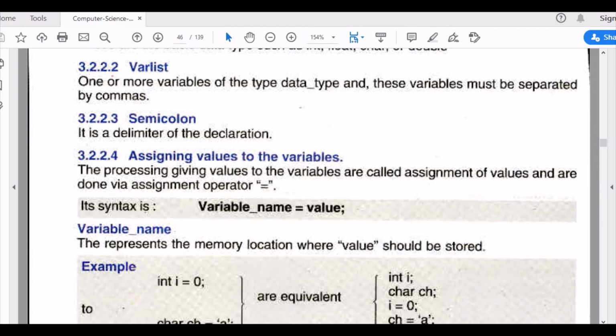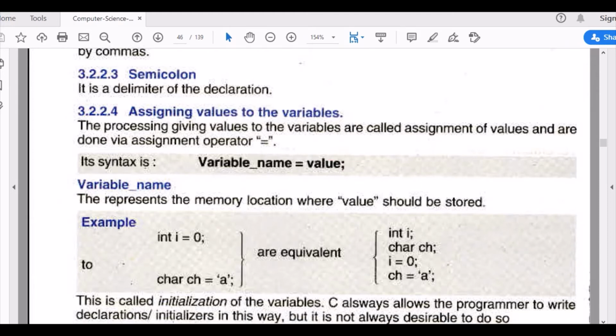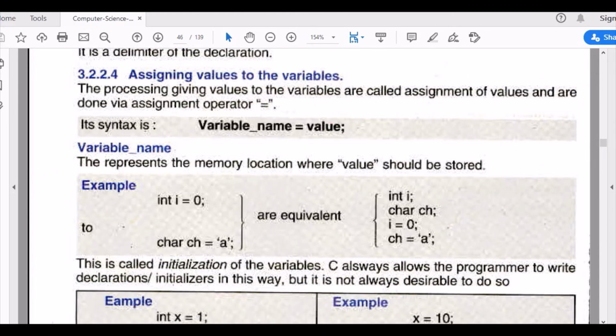One or more variables of a data type must be separated by commas. Semicolon. It is a delimiter that suggests the ending of a statement. Assigning values to another, just like these. These values are equivalent to these.